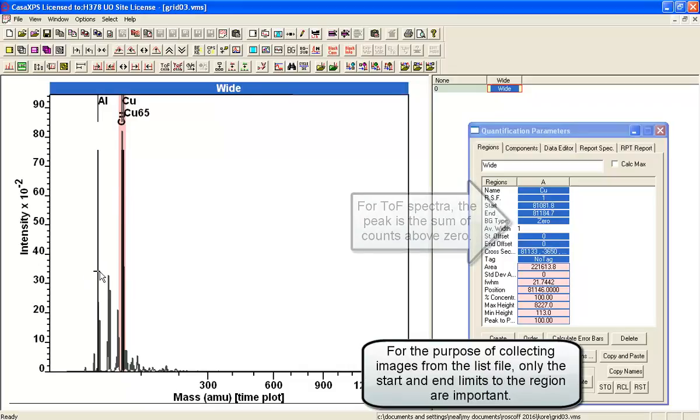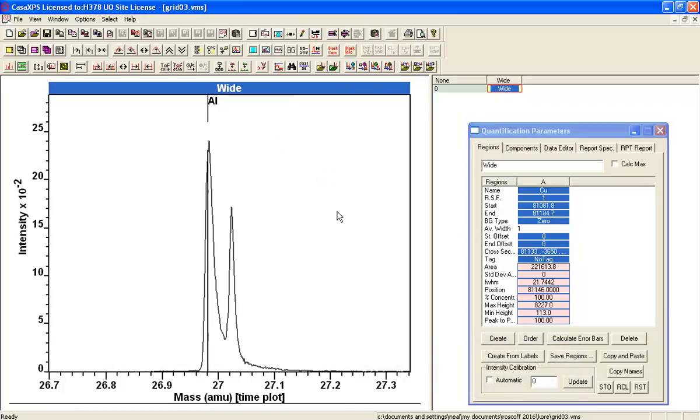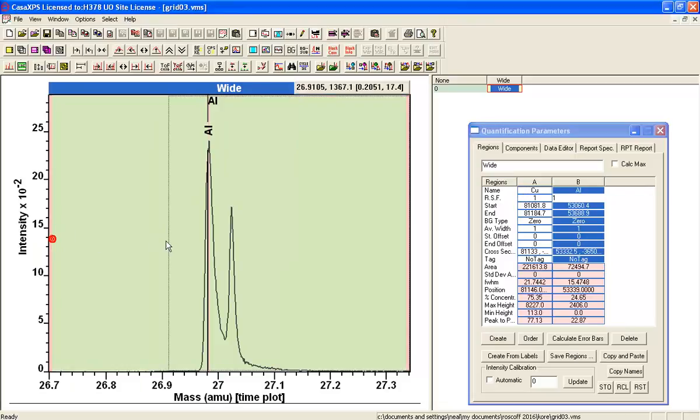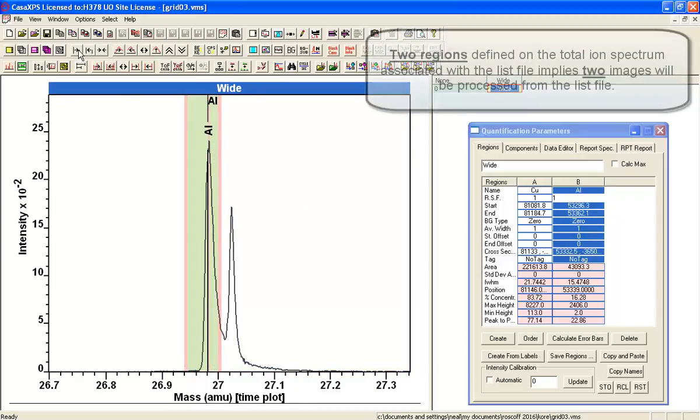And I can also have a look at the aluminium, and let's create an aluminium region. I'll label it aluminium, and we'll select one of these peaks which ought to be aluminium. So now I've got 2 regions defined,